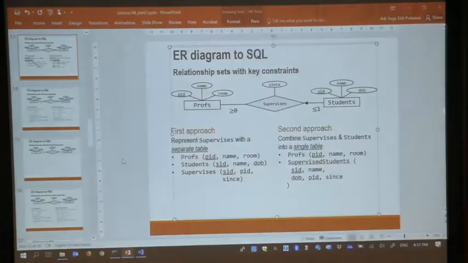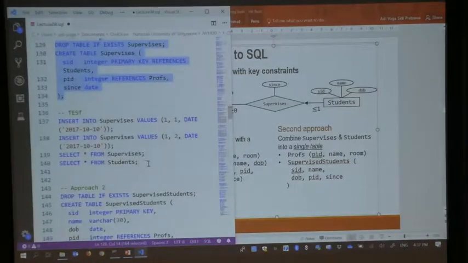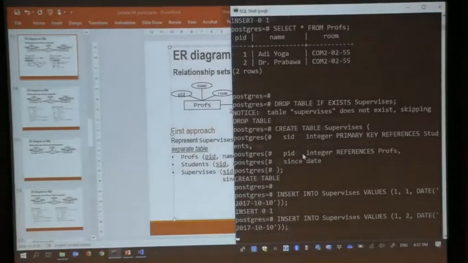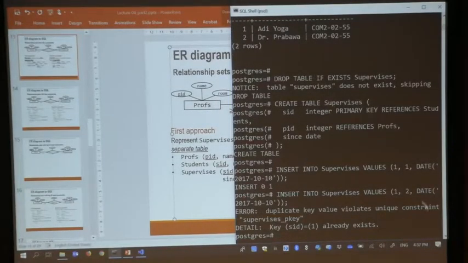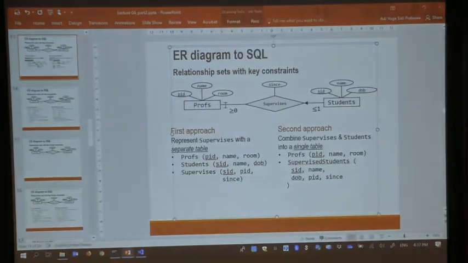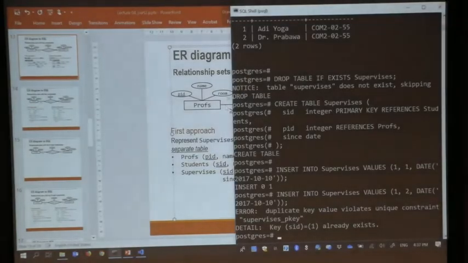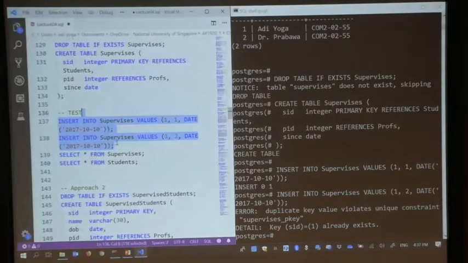So if you want to insert something, yeah, this one cannot be inserted because it's the same SID, okay? Which means that the key constraint is actually captured. Because the second one here has the same SID.